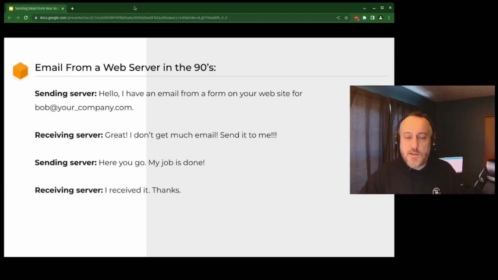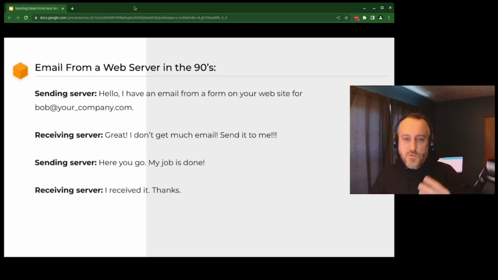All right, email in the 1990s. Let me explain this. We used to use these really bad CGI scripts to send mail. Now that's been ported over to PHP, and within WordPress we have the ability to create a form and submit it. It'll ask for your name, your subject, your message, and your email address, right?